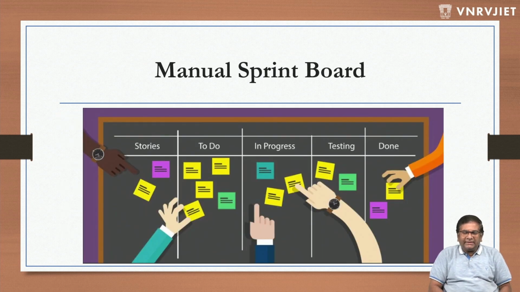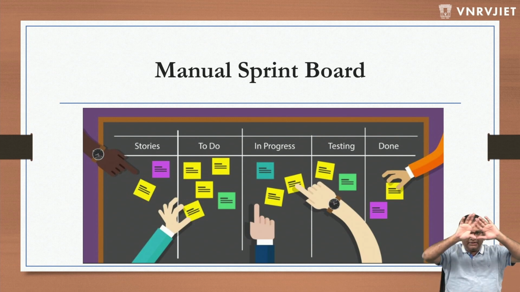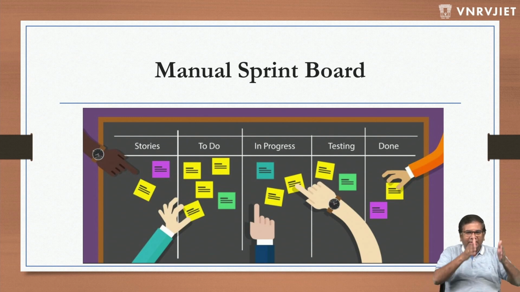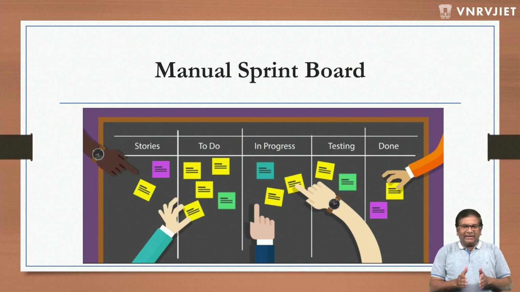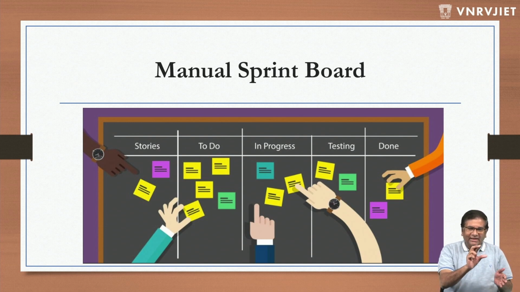Now, how do people work on a sprint? Normally in the beginning, they used to have boards like this. A big board on a wall. They will add these things called stories. I'll talk about stories a little later. And they have columns like to do, in progress, testing, and done. A story is nothing but a small piece of work that can be done in a sprint time. It is a small piece of work that is part of the software planned for delivery in this sprint. That is called a story.